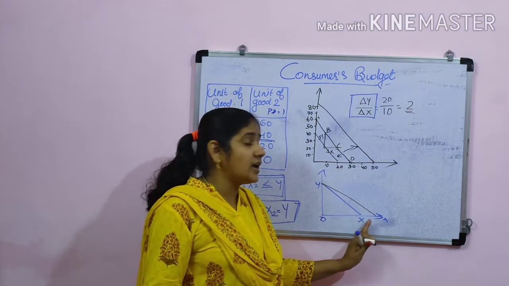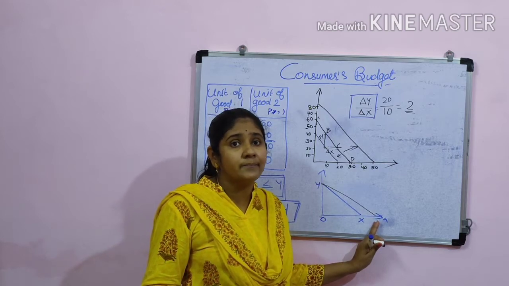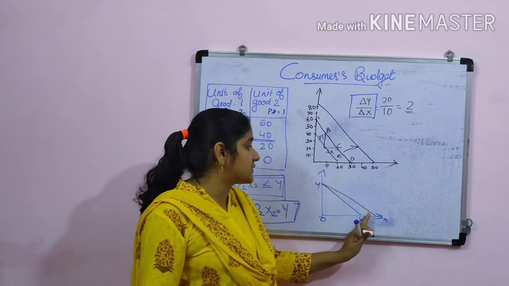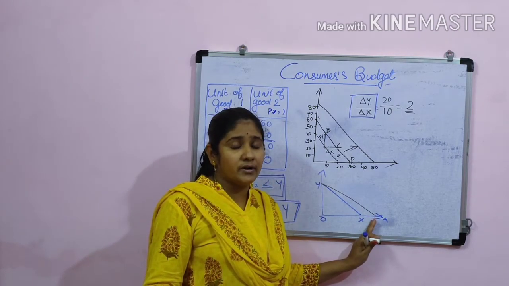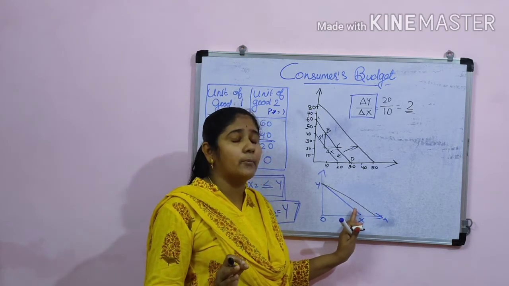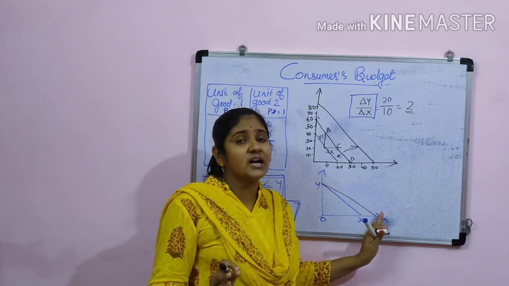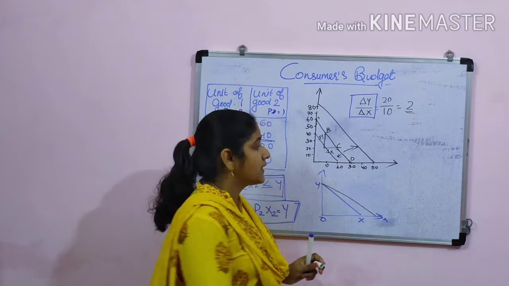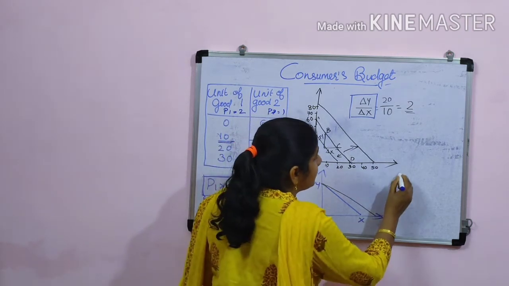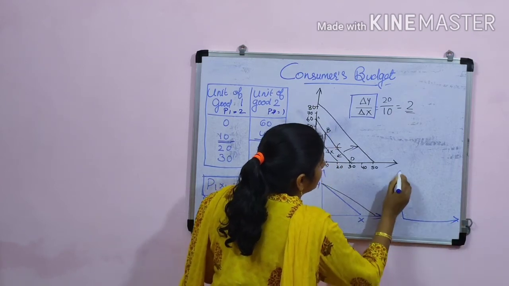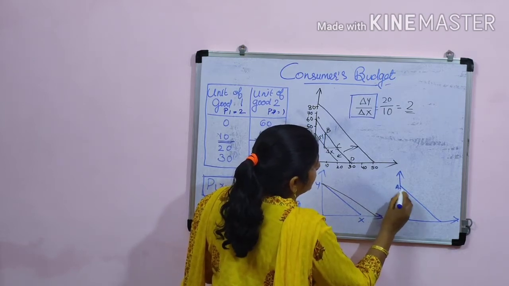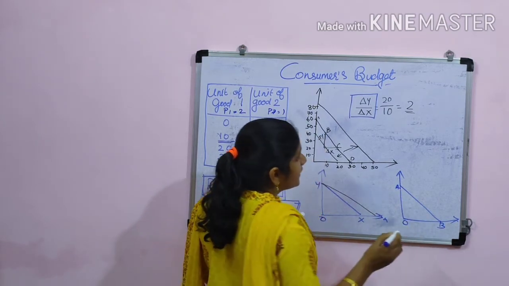So only for the X commodity, the price line will be moving. Okay, students, this is an example of one rotation: the price line of the X commodity rotates in the right direction. Another case is possible for the Y commodity also. Here this was the initial price line A, B, I mentioned here. Now what happened?